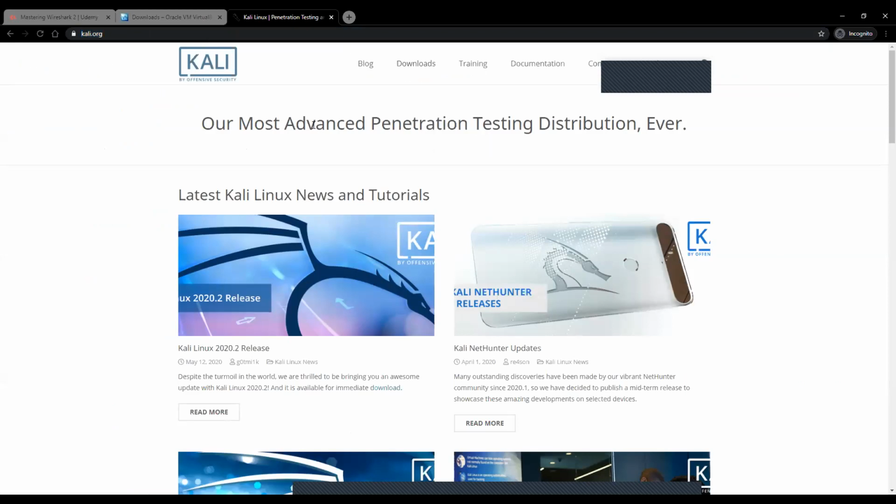So what is this Kali? Basically, Kali is an operating system, a flavor of Linux. A flavor of Linux is Kali Linux. Now we are going to use Kali Linux. Why we need to use Kali Linux is because it actually has all the inbuilt hacking tools. So that's the reason you need to go with Kali Linux.